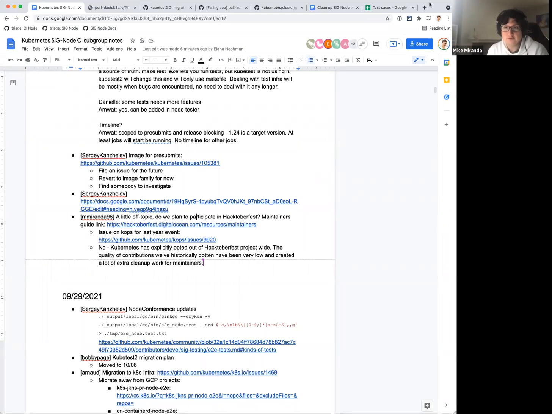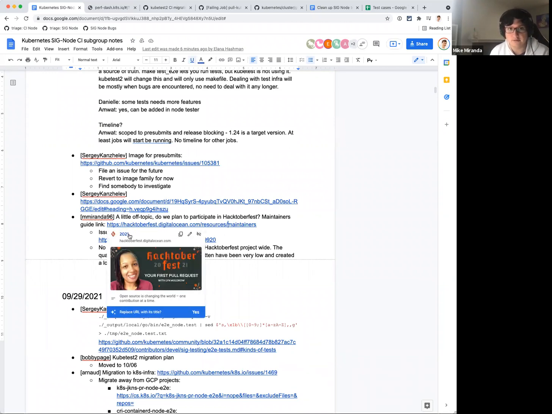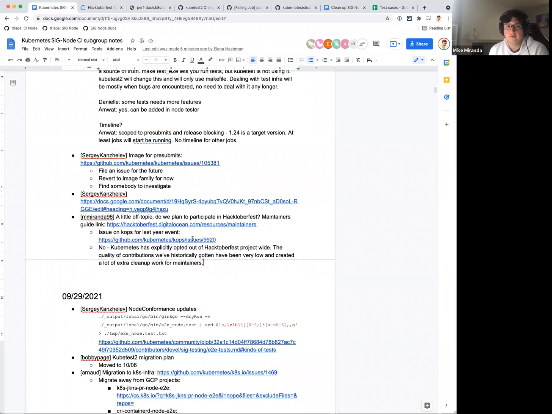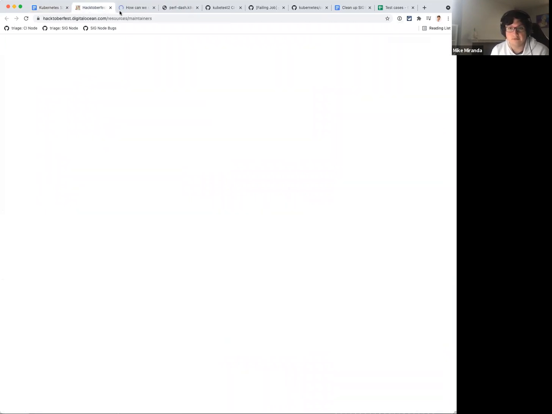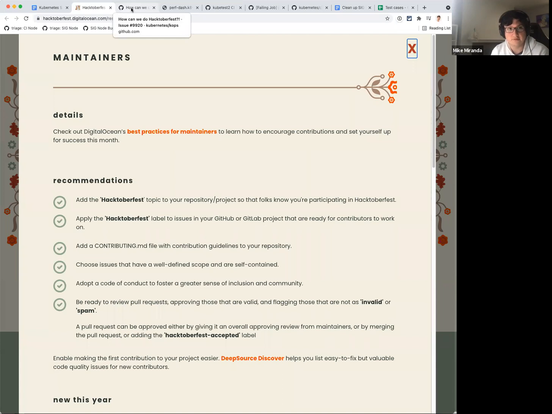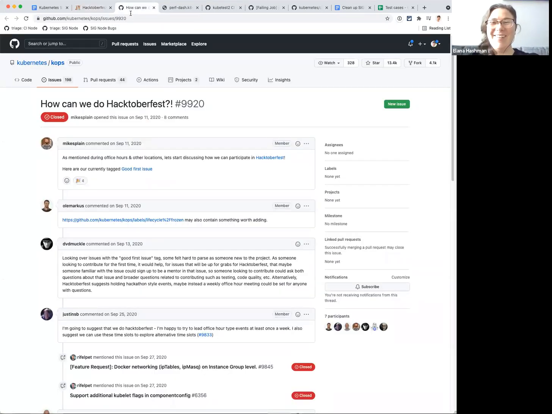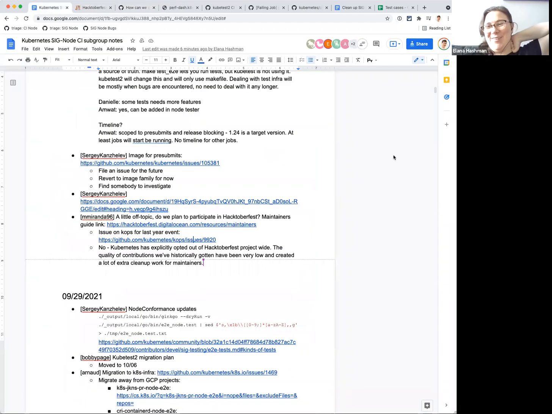Sure. I want to bring this up to this group since it's considerably small. It might be Python related, but I'm not sure if you're aware of Hacktoberfest. This is an annual event that's organized by DigitalOcean. Oh, we're aware. Oh, perfect. I sort of preempted you. So Hacktoberfest has kind of been